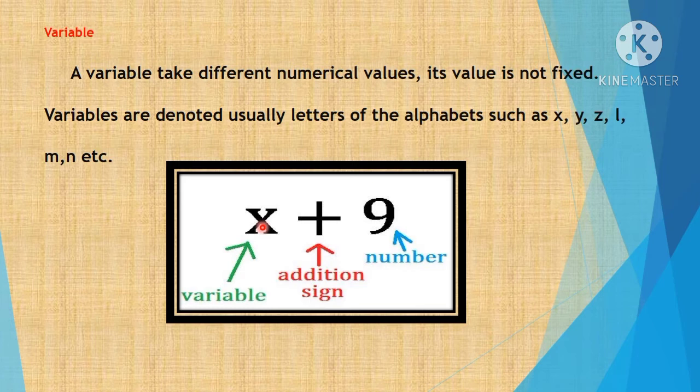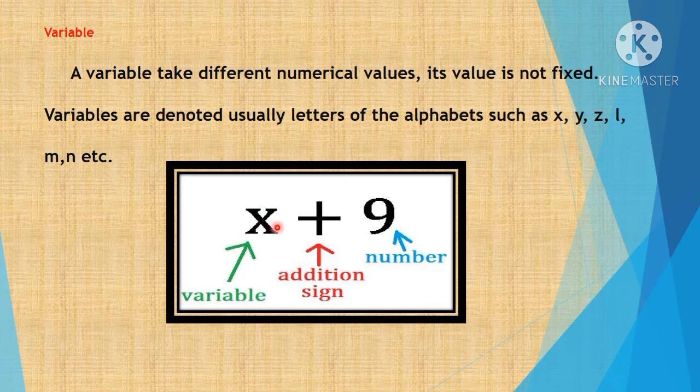So x plus 9. So with 9 you want to add one number but we don't know that number. Okay, so we'll represent that as x. You will use these variables. You will study more word problems. In that you will use many variables to find out the unknown numbers. Okay children, so x means a variable that is unknown, that is not fixed, some numerical value. It may be 1, maybe 2, or any number, any numerical value, but we don't know that. So for the time being we'll mention that as a variable. Okay, so it can be x. I can write a also, a plus 9, or I can write m plus 9. So I can use any English alphabet.